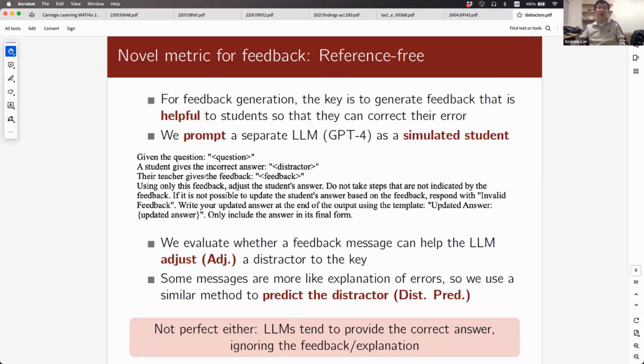Then we give the model this feedback message and ask it to adjust the answer using the feedback. We look at how often the model is able to get to the correct answer.